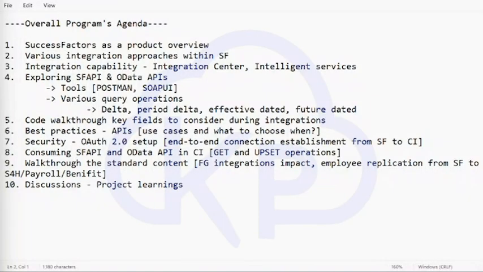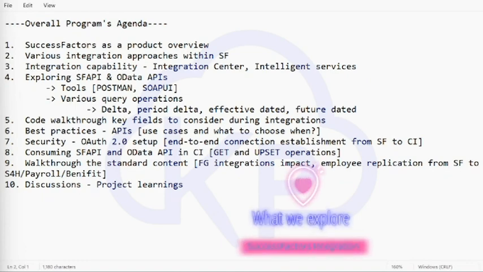In this current program, which is dedicated to SuccessFactors integration scenarios, who can join? Primarily, it will be a mixed blend of consultants who are already working on SuccessFactors as a functional consultant and want to understand some of the integration capabilities, how the